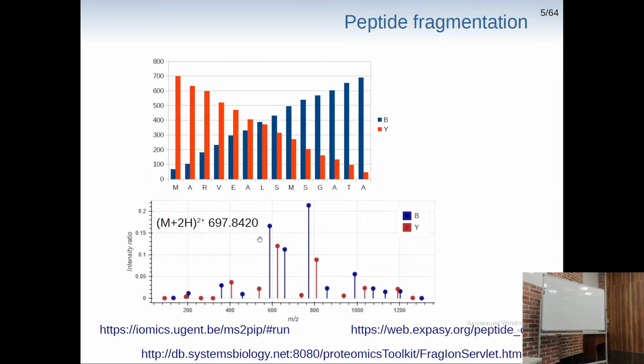So, just to make things more clear, if we have some sequence, be it this sequence, we'll have different series of ions, B and Y ions, and you can see that since we cleave it and have one part of B ion, one part of Y ion, we'll have two different weights here, a weight of B ion, a weight of Y ion, and also, as you can see,